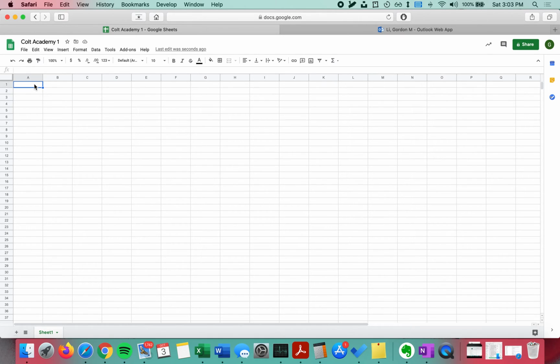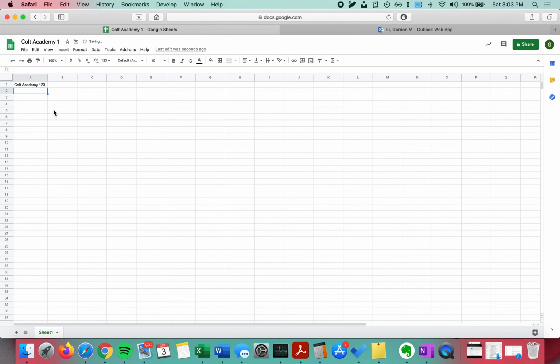So let's say I want to add some information into my cell. All I have to do is click once, and it will highlight the cell, and if I double click, it will allow me to enter in information. Let's say I have Colt Academy 1, 2, 3, right? And notice how it kind of runs into the next cell. So if I wanted to resize, I can always drag this over,